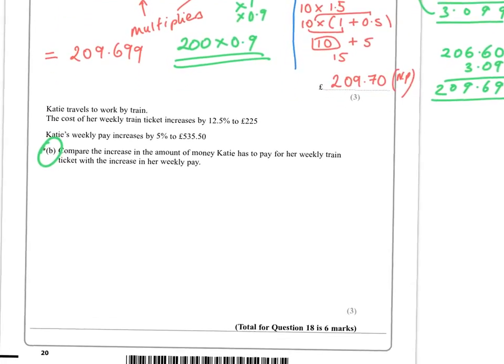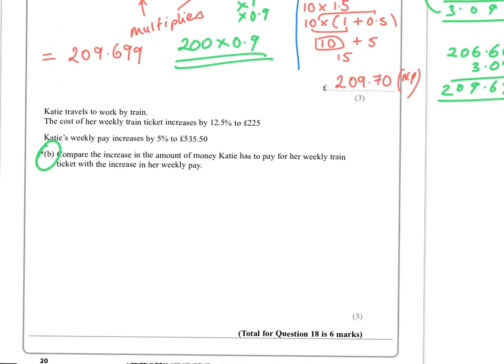Katie's weekly pay increases by 5% to £535.50. Now you've got to be really careful here because this is quite a difficult question. You've got to look at the increase in amount. So you know, for example, that when you're looking at the tickets here,